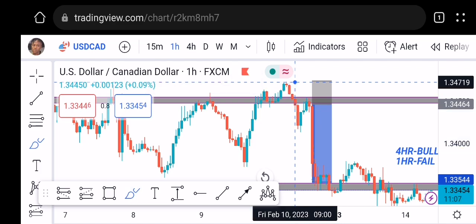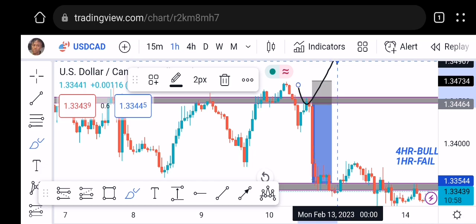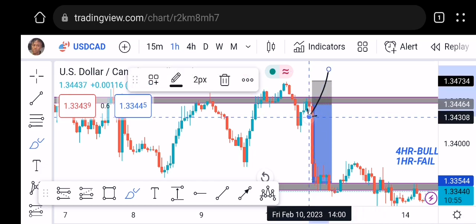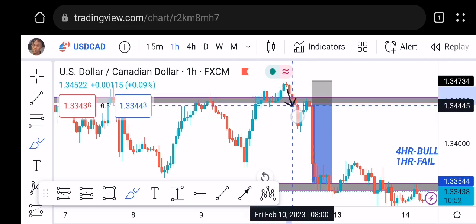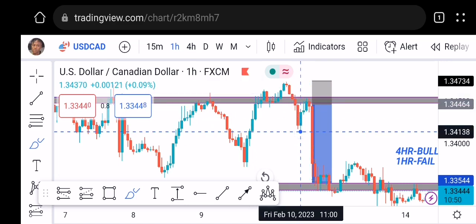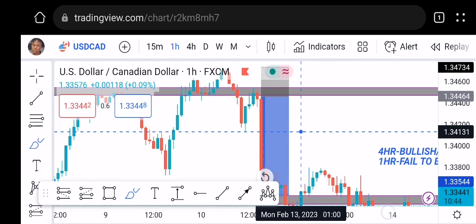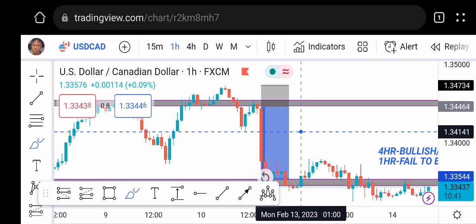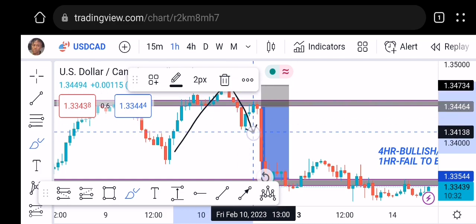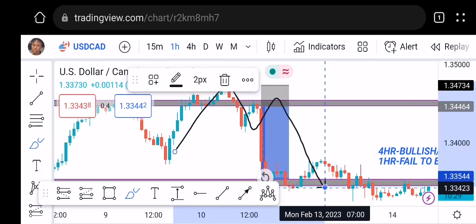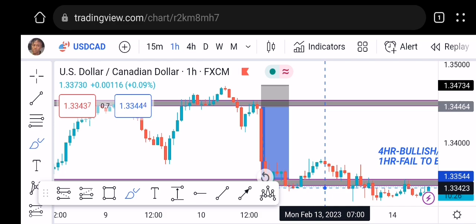From price breaking out, all we waited for was for price to retest before we could look for continuation to the upside. Now price broke out and broke back in during our London session. When we had a break back in of our resistance on our London session, all me and my homie were looking for was a retest below, because we had a breakout and a break back in: retest below, continuation to the downside. You follow me, people? This is what we were looking for.